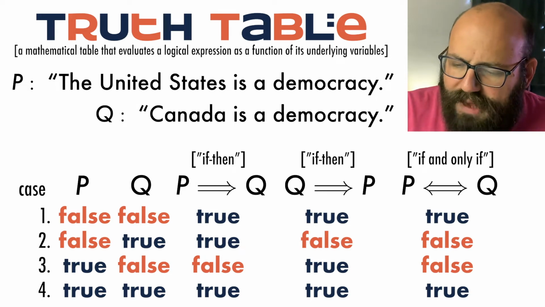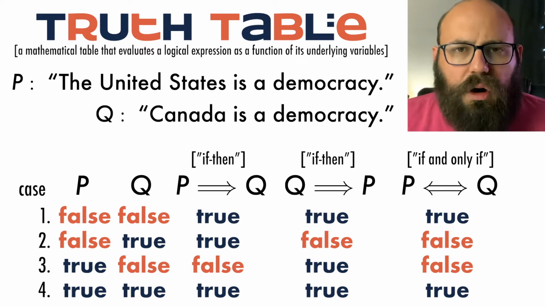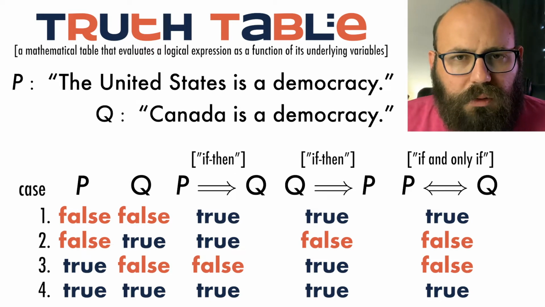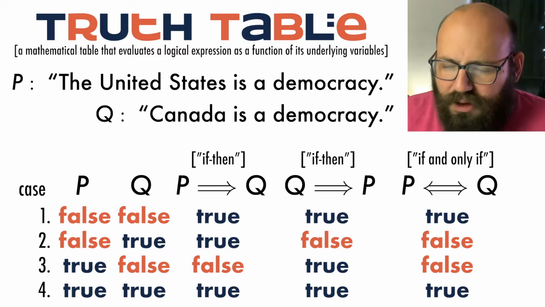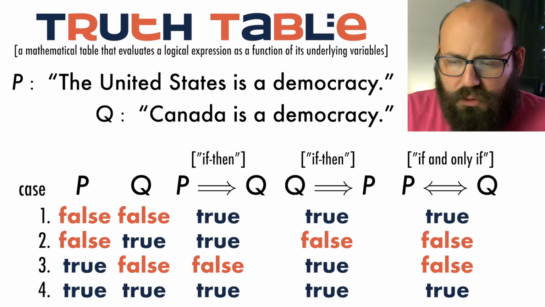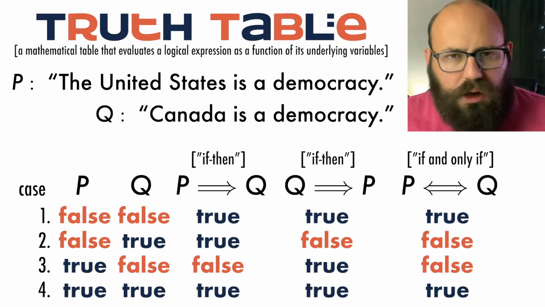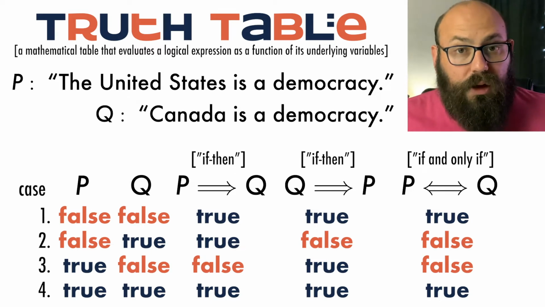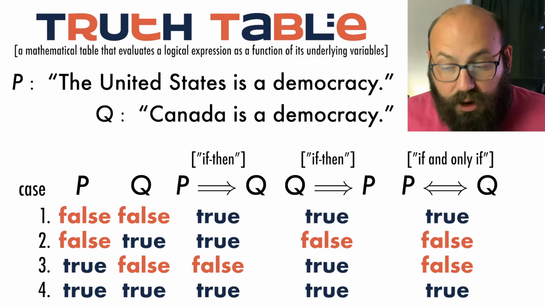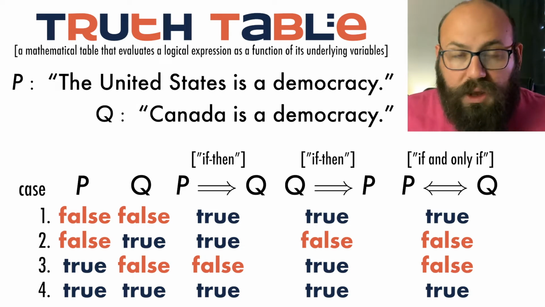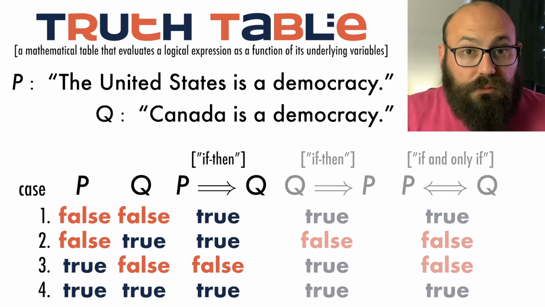Well, it's true exactly when P and Q are equal to one another, right? I said equivalent for a reason. So P if and only if Q is actually just our mathematical, our logical crystallization of equality of two statements. So two statements are equal, they are truly equal, if each implies the other.